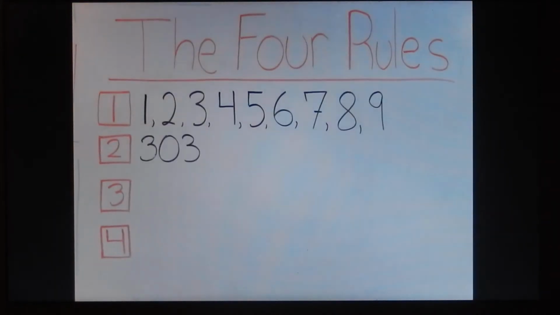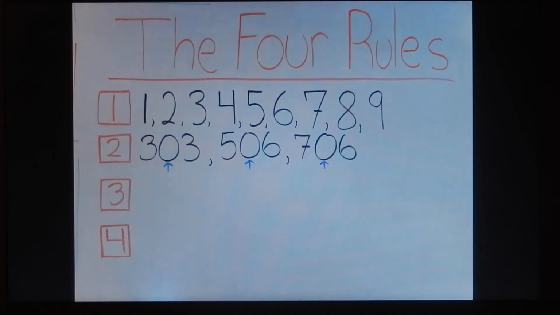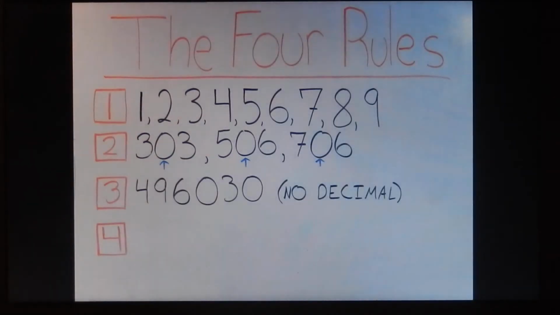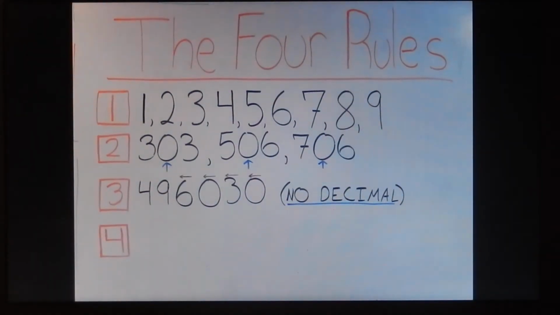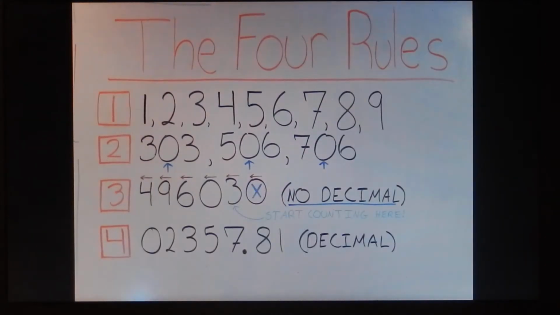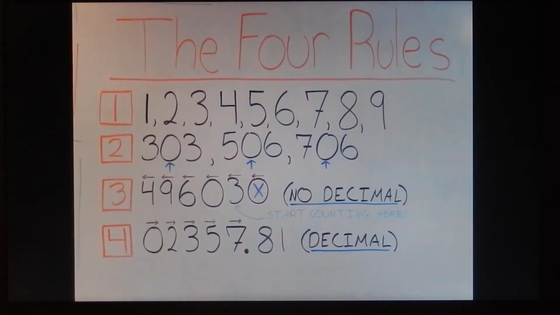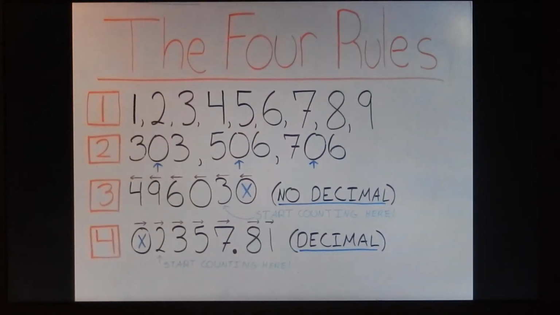Rule 2. Zeros located between non-zero numbers are significant. Rule 3. If there is no decimal point, start from the right. Begin counting when you get to the first non-zero number. Rule 4. If there is a decimal point, start from the left and begin counting when you get to the